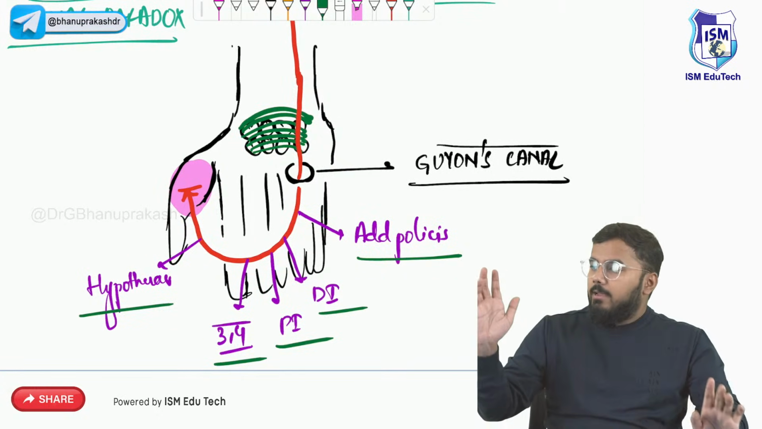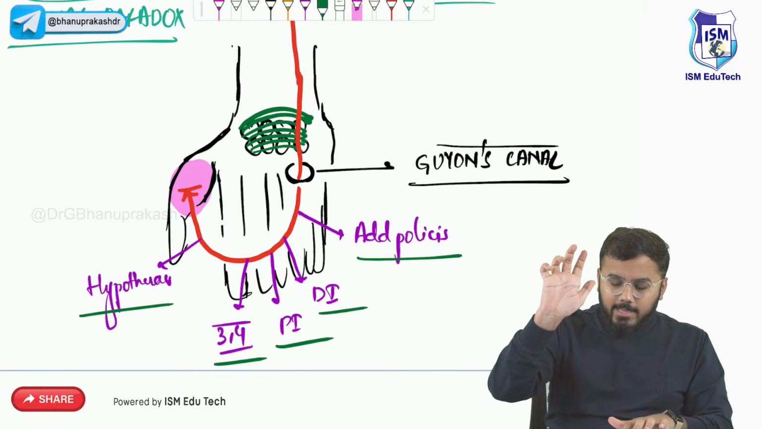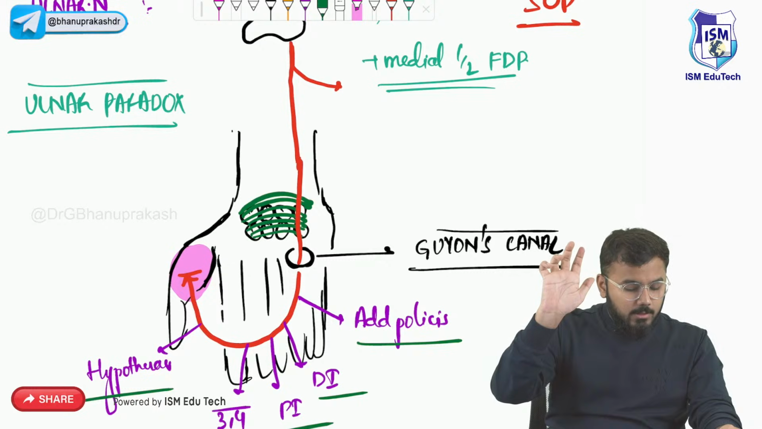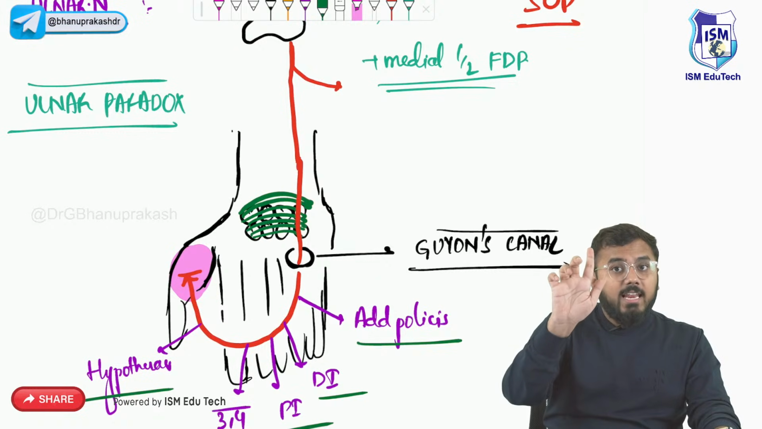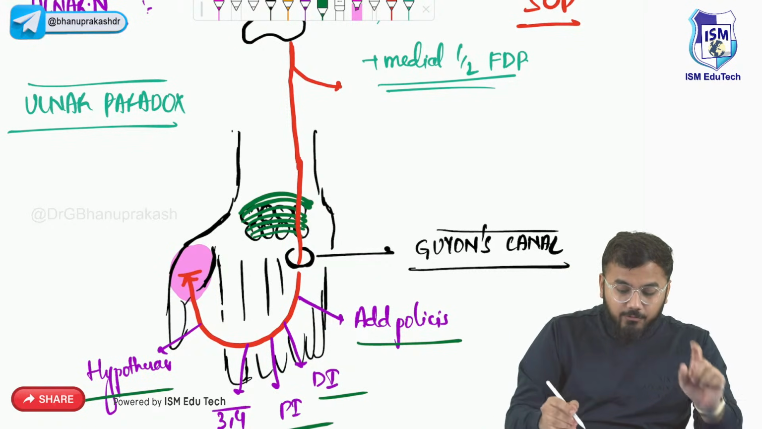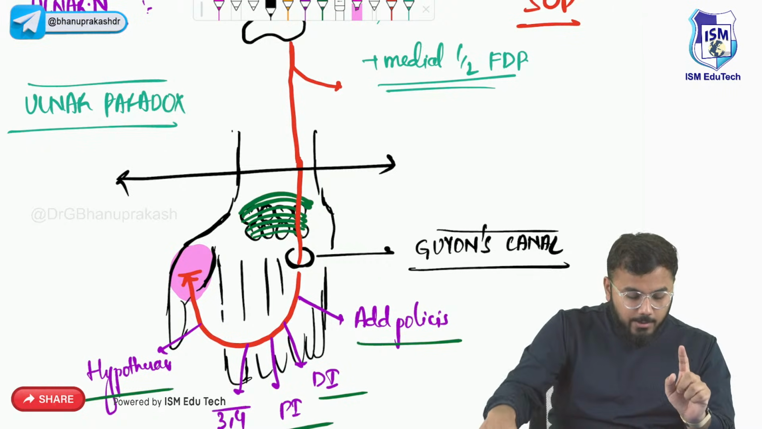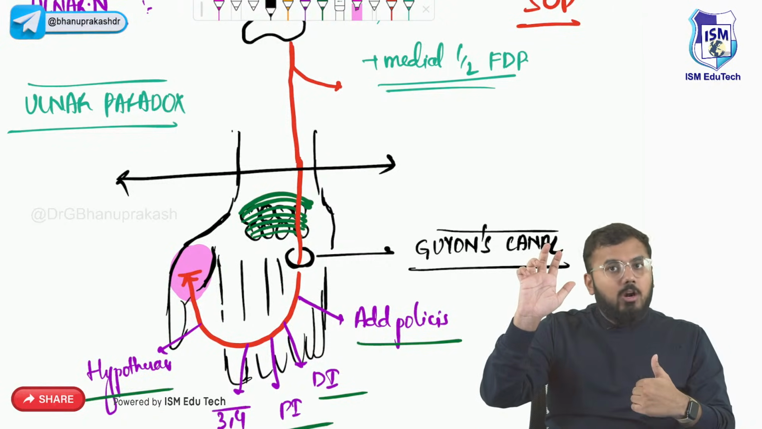So when they stop working, the patient will have this type of hand. This is called as what? Ulnar claw. If the level of injury is at the level of the wrist, the patient will have ulnar claw. All these muscles are not working, but